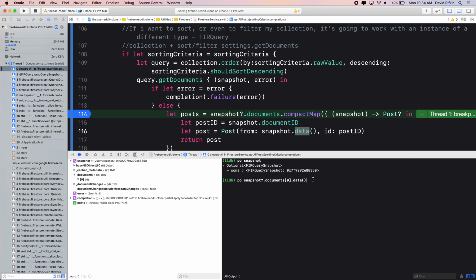So this is in place of any network helper. We don't need to be making calls to this specific API using something that gets data and then JSON decodes it, like Albert was saying before, because instead, they've defined for us the format in which we're going to get stuff. We're going to get this big blob called a snapshot, which has in it documents. Each of those documents, well, say this was empty, I'd crash because there's nothing at that index, but it's just an array of this thing called